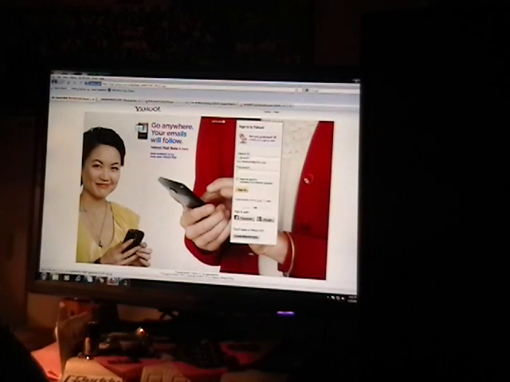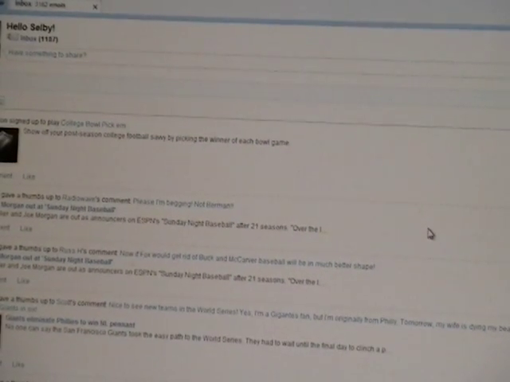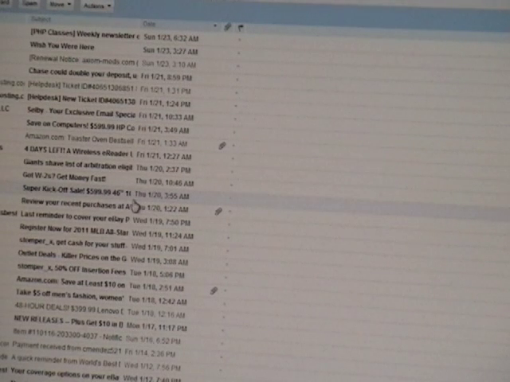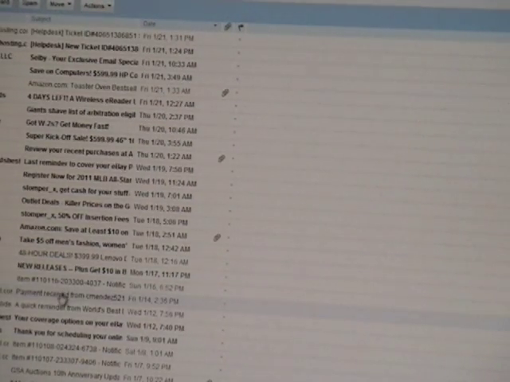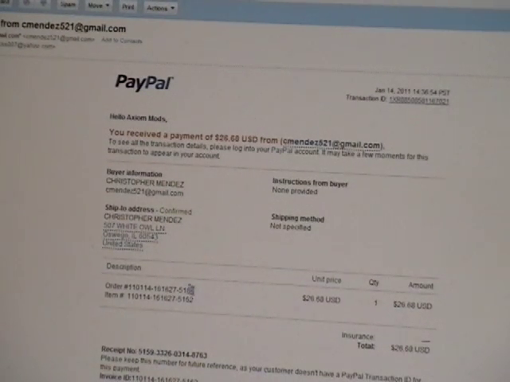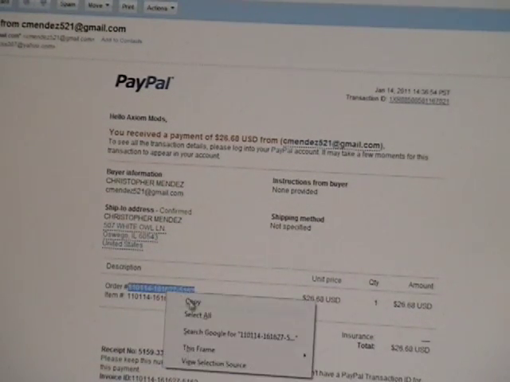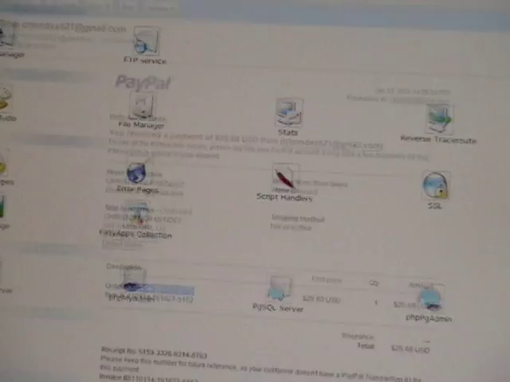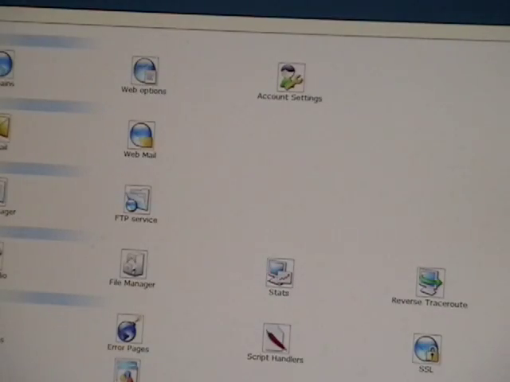Well, PayPal is hooked up to my email, so I can tell when someone placed an order, because I get paid through PayPal IPN, instant payment notification. As soon as I find out that the payment actually succeeded, I go to the email that PayPal sent me, and I highlight the cart order ID, and then I go to my control panel on IX web hosting, and I launch MySQL